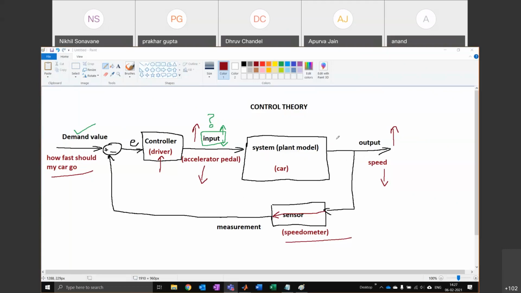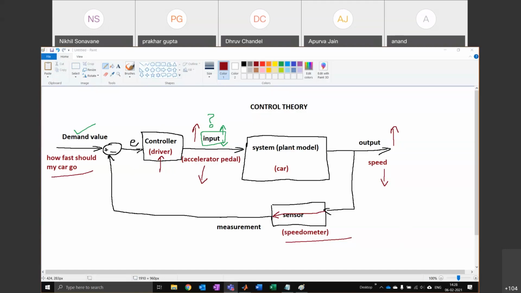Same thing for your airplane. Suppose you want to fly at a certain altitude. You set the autopilot at 10,000 meters or 50,000 meters, whatever it is. The plane with its altimeter is going to check what is the altitude. It's going to generate the error signal. It's going to feed it to the autopilot. Autopilot is going to take the altitude up or down. Same thing for your satellites. Same thing for pretty much anything that we use. So this loop, this feedback control system is everywhere. And that's why I always say this is my favorite system.